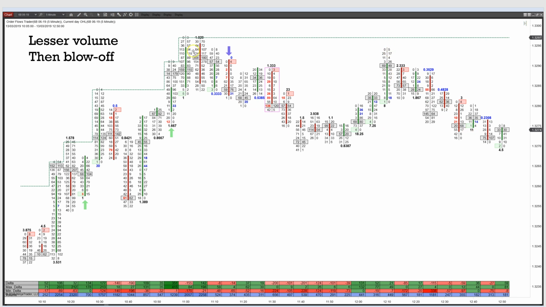How many times have you bought like this? You've bought this high, or on the high, the market's come off. You're holding it, thinking the market's going to come back, and it starts coming back. Hey, we're coming back. Then it starts selling off. This is where you get out. Then the market falls over. Or you're happy to get out here before the market falls off, because you're not going any higher. This is where the volume picks off, right? You've got your lesser volume in here. Everyone's waiting for the market to come back up and rally, but it's not making that rally.